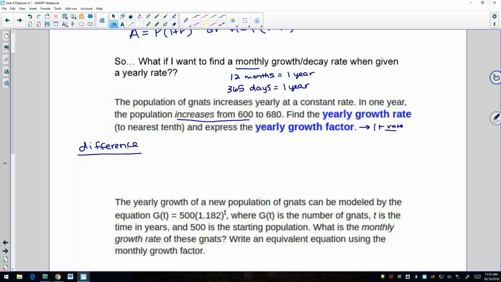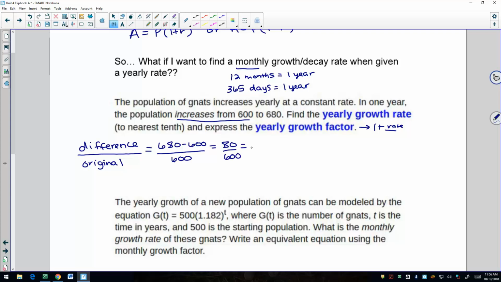So you're going to do the difference. Remember, difference means subtraction. And this is why I underlined over here, because you need to divide by the original or starting number. So you have to know, did it start at 600 and go up to 680? Or did it start at 680 and go down to 600? So you've got to be careful that you know which one you started at. So the difference is 680 minus 600. And then we're going to divide that by the original, which was 600. So that's 80 over 600,